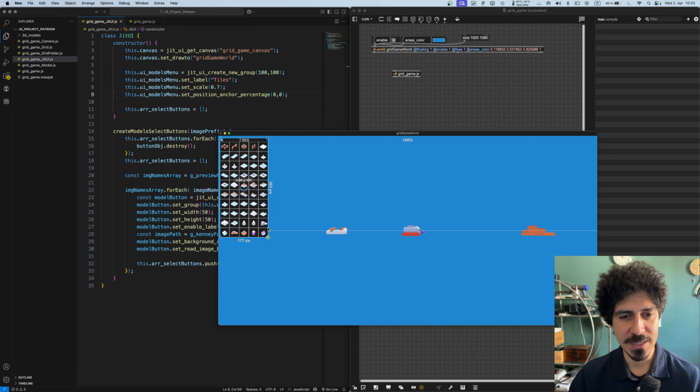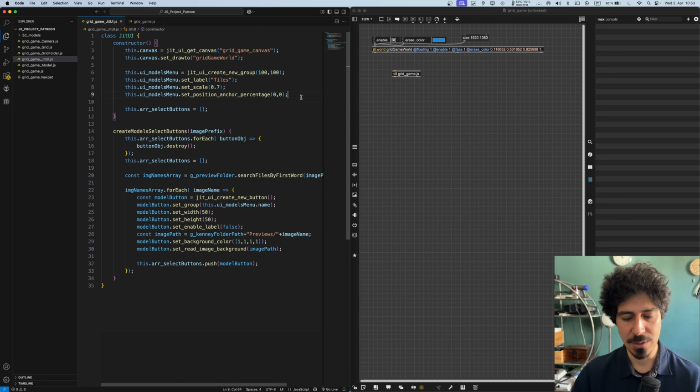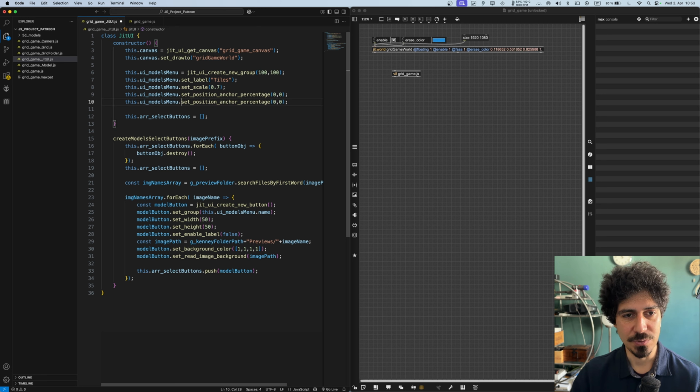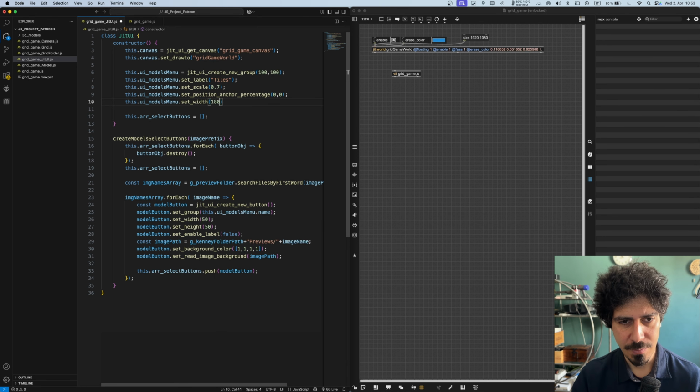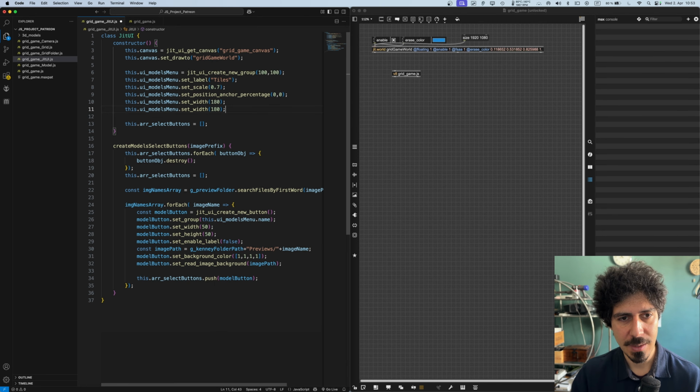So this could be 180 by 365. This looks good. So we have to say here set width. How much did I say? 180. 180 pixels. And that will be set height